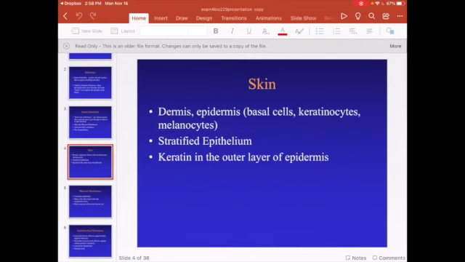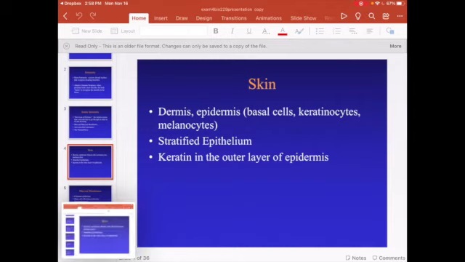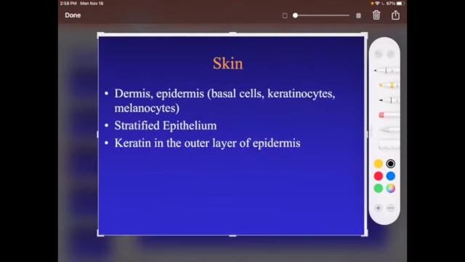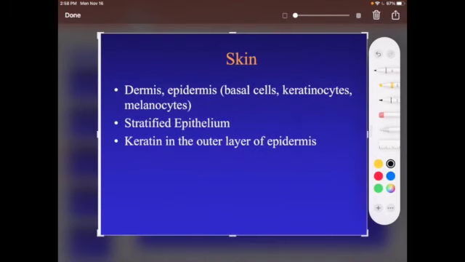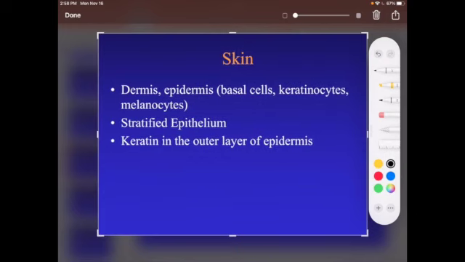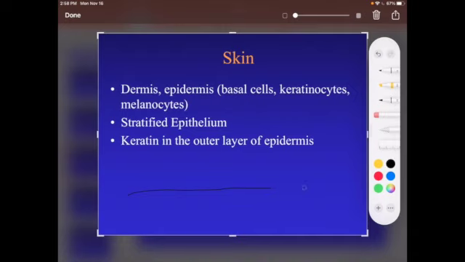So the skin keeps the outsides out, the insides in. You have several different layers to your skin. So your epidermis is what's up above, and your dermis is below that. Let's see, yellow is what we're after. All right, so down here in your dermis,